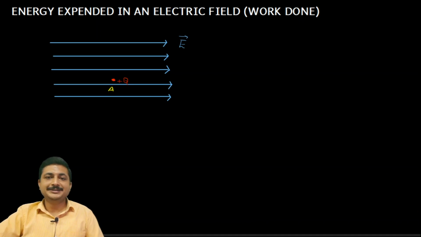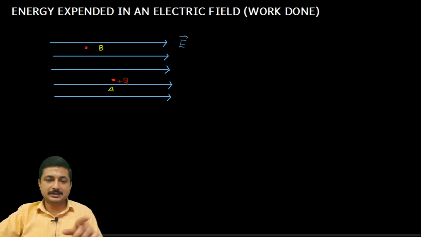Now what I am going to do is push this charge, or move this charge, from point A to another point in the electric field. An interesting fact is, I am going to keep this second point, where I need to move this charge, somewhere here, and I am naming it as point B. So my intention is now to move the charge from where it is, that is from point A to point B.